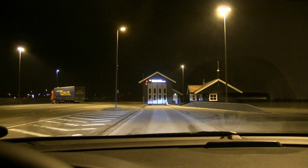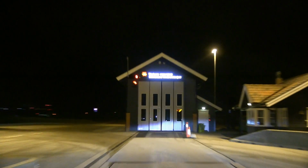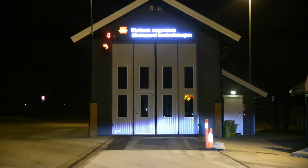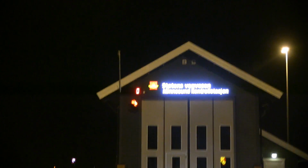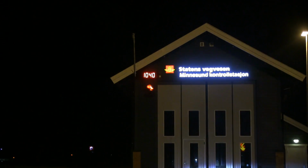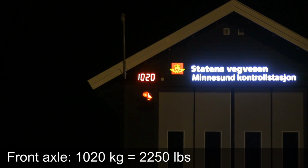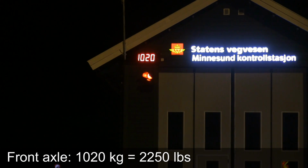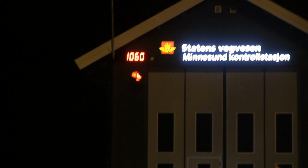Alright, mandatory check. We will check the weight. Now this time I will check the front axle and also the back, because people want to know the weight distribution. Alright, so let's check the front first. Okay, 1020 in the front axle. It seems to be heavier in the front. Yeah, 1020 kilos. And then full weight,